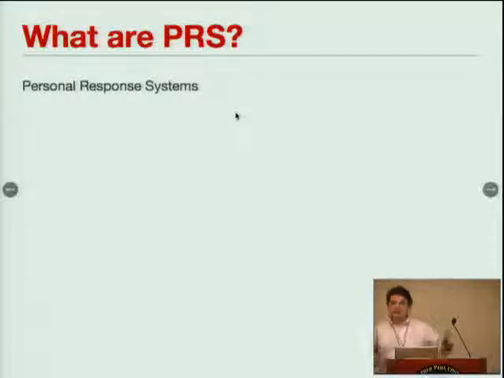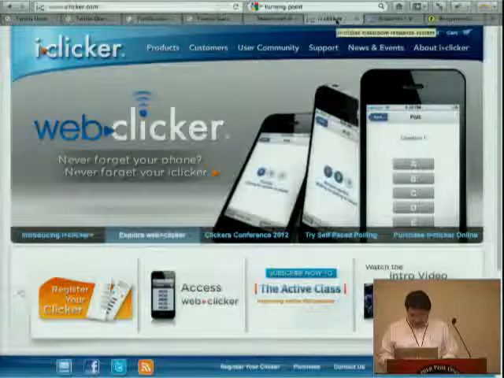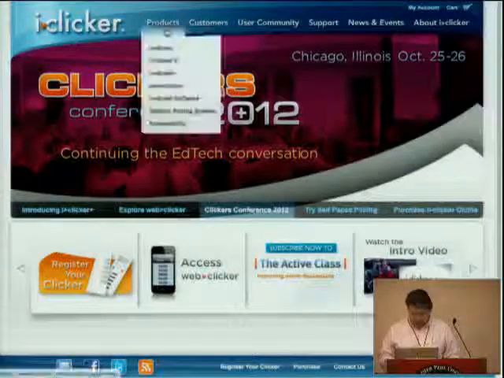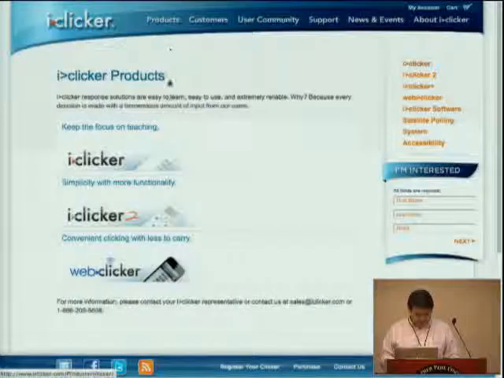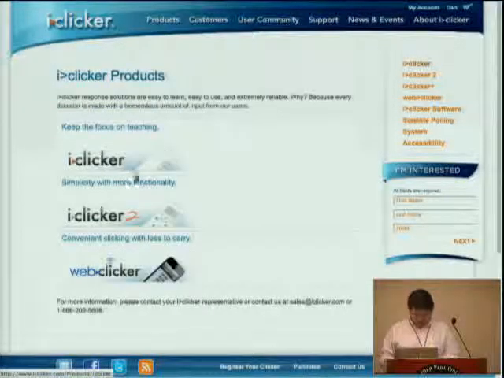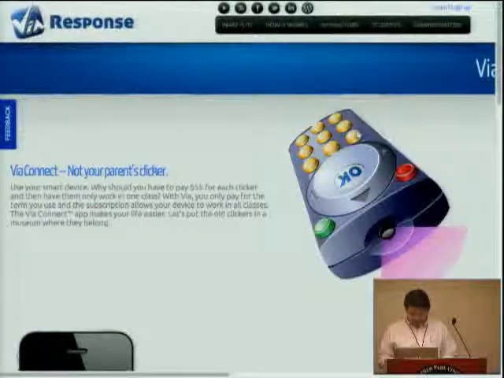It's about sort of an area where people could do probably better by using what's available out there and packaging it properly. So those are personal response systems, commonly called clickers. And here are some examples of clickers. Well, these guys are also doing iPhone software, and this is what's in use at Cornell these days. Is there a picture here? You can see faint images of these little remote-like things.